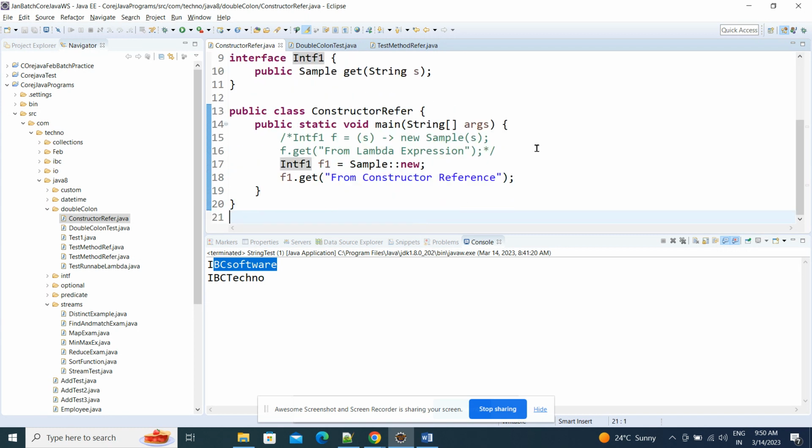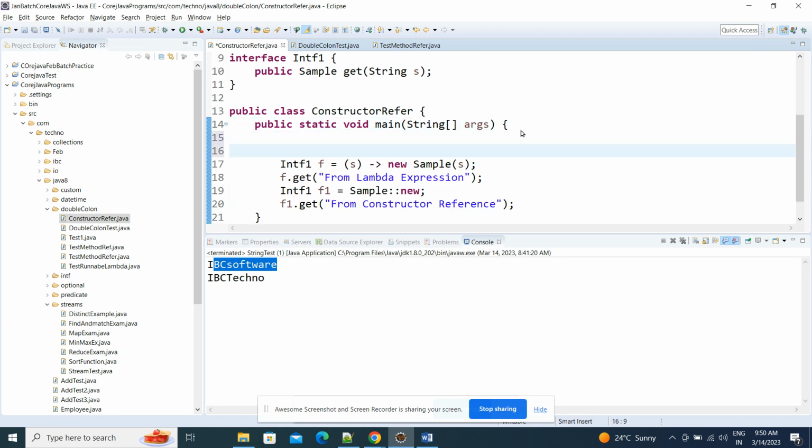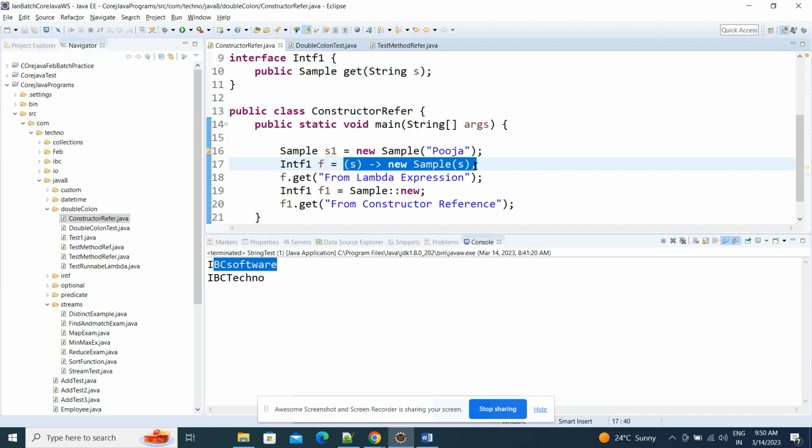So I will not provide any lambda expression. This is the normal constructor execution, right? Normally, how can you create an object? Sample s1 equal to new Sample, passing one value, puja. Just assume this is the constructor execution. If I give this part directly as the implementation, this is a lambda expression, right? Now